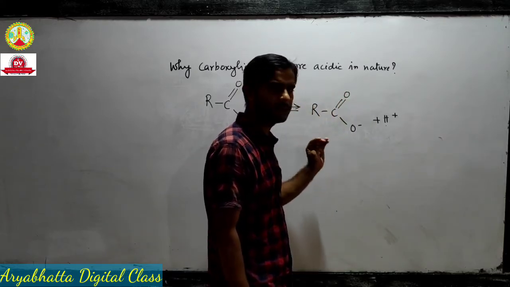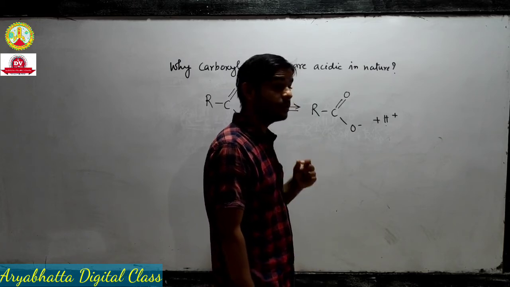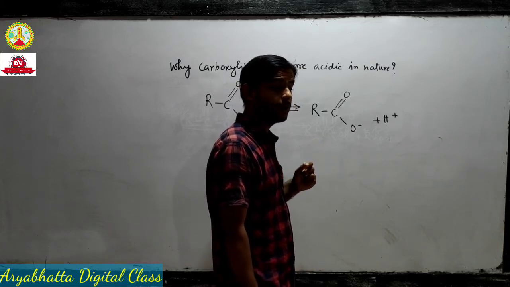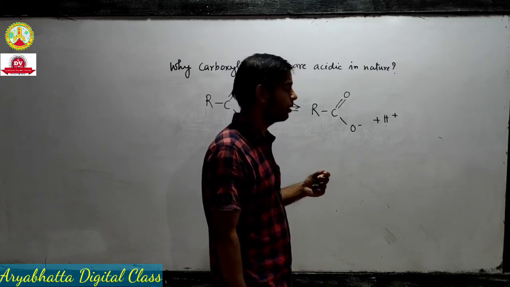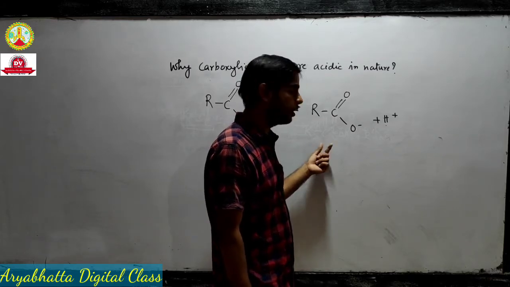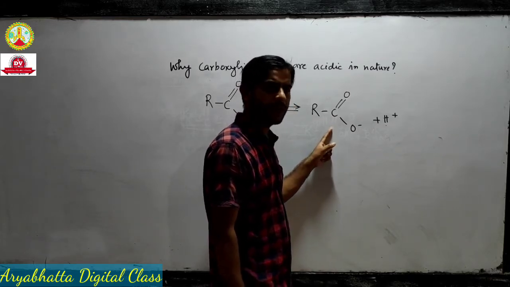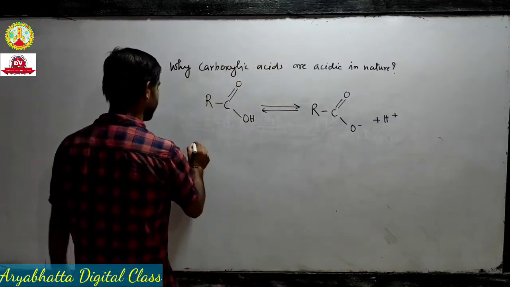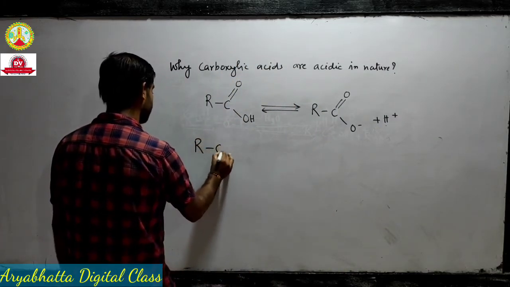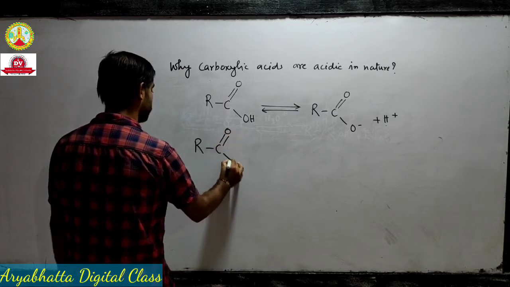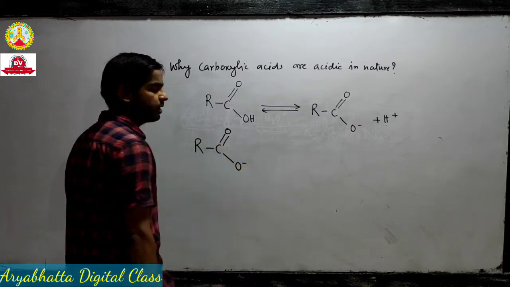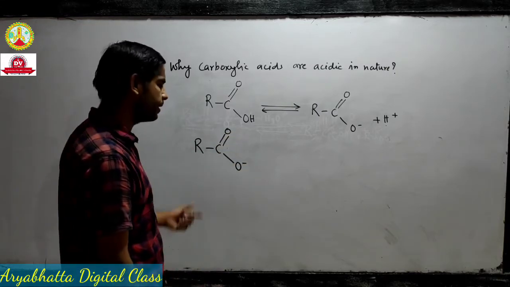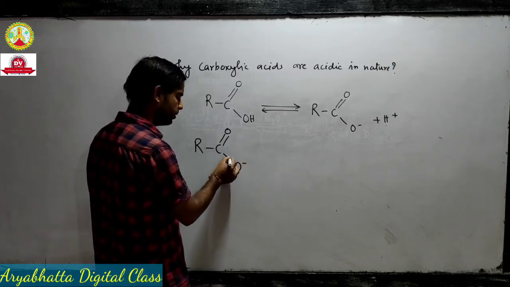If the concentration of protons in the solution increases, we say that this thing behaves as an acid, an Arrhenius acid. Just like we studied the acidity of phenol, in carboxylic acid also, if this ion gets stabilized, we'll get more protons. So we will see how the carboxylate ion gets stabilized. And you must have got an idea that it will be stabilized by resonance only, pi sigma pi.